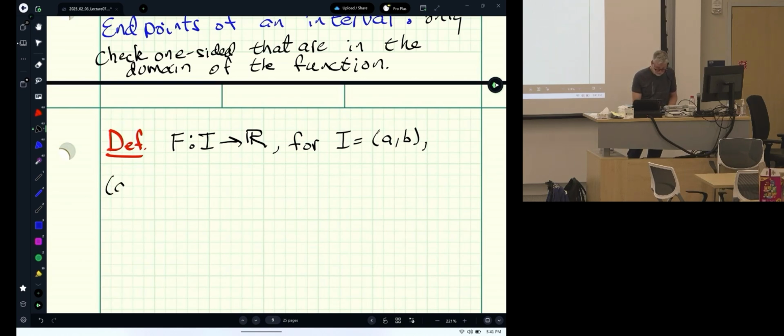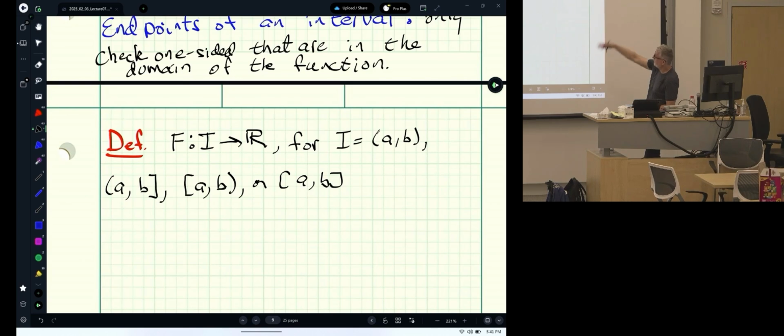It could be open and closed on this one. Could be closed and open on this one. Or it could be closed on both ends. So a function from any of these types of intervals that we often see in the reals, half open, half closed, fully open, fully closed,